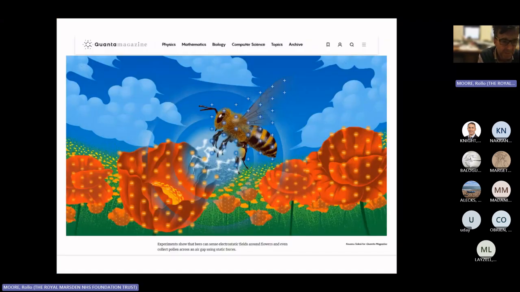This picture is of a beautiful bumblebee sensing, apparently, the electrostatic field around flowers, and I was struck by this image recently, so I included it by way of getting an idea that electricity is key and around us. We can't always sense it, but indeed some of the insects can. And it's the electric force that provides the acceleration in that Crookes tube and also within our linear accelerators, although the energy range of the accelerator goes up to many millions of electron volts,